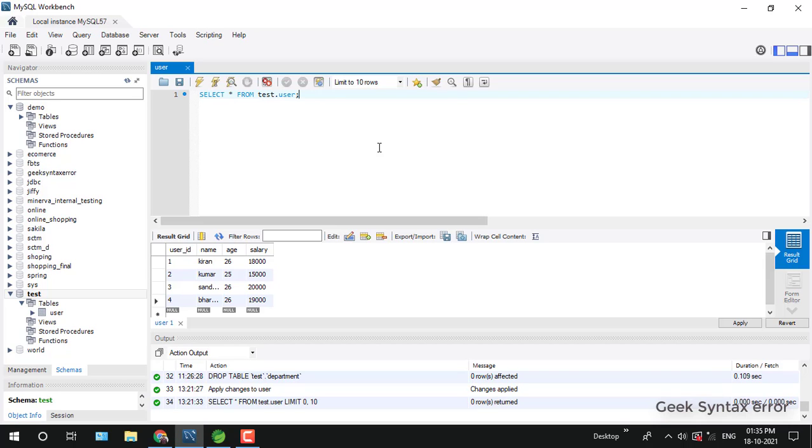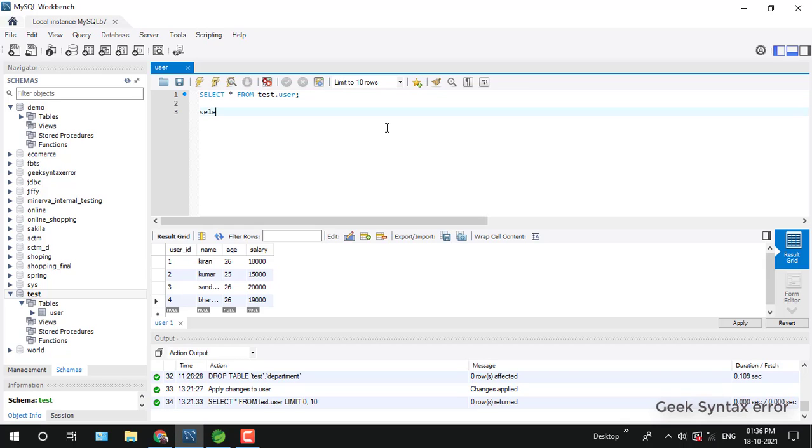Usually we use CRUD repository for ready-made methods. Some methods are already available, so we can make use of them for simple CRUD operations. But sometimes our business logic needs us to write an SQL query, like what I have explained. In our case, we need to fetch a result based on a salary which should be greater than 18,000. So we have to execute that native query using CRUD repository. How can we do that? We have an @Query annotation for that. If you use the @Query annotation, we can execute a native query using CRUD repository.